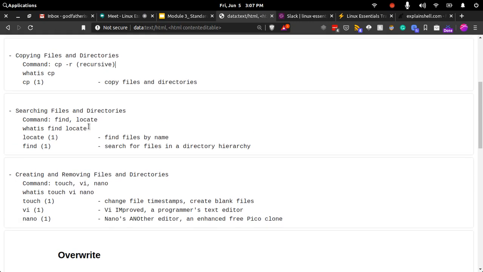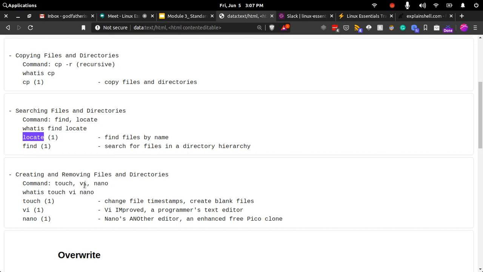Then if you want to search for files and directories, we saw yesterday these two commands, find and locate. The find command is basically used for finding files under the directory tree. So if you want to find files on the file system, it is convenient to use the find command, because you can provide the name of the file and other parameters as well. And locate maintains a database. So whenever you create a file, if the locate database is not updated at that point in time, you may not be able to locate the file with the locate command.